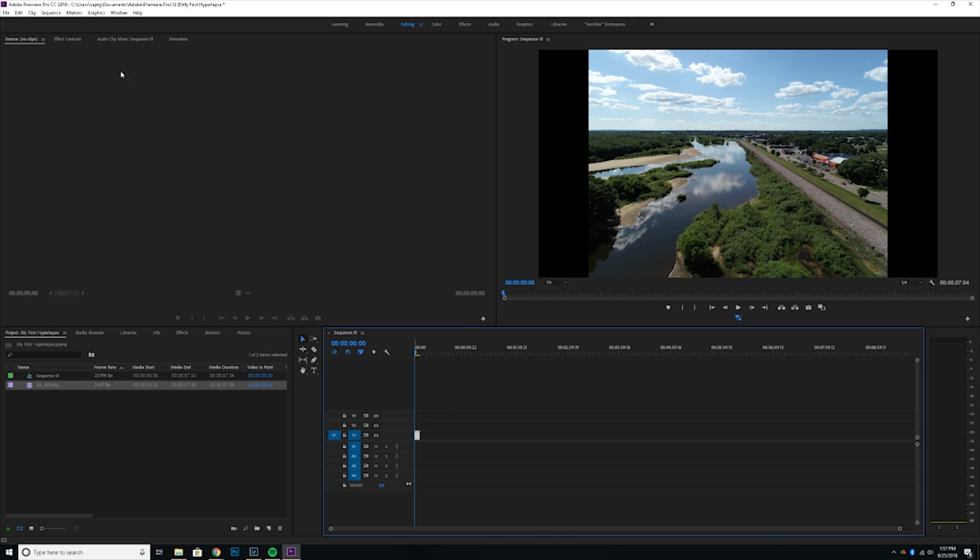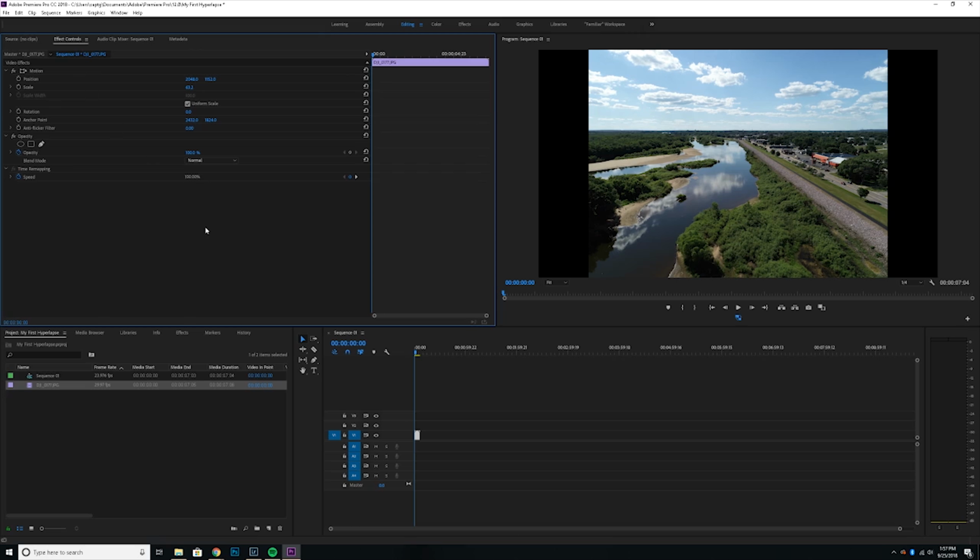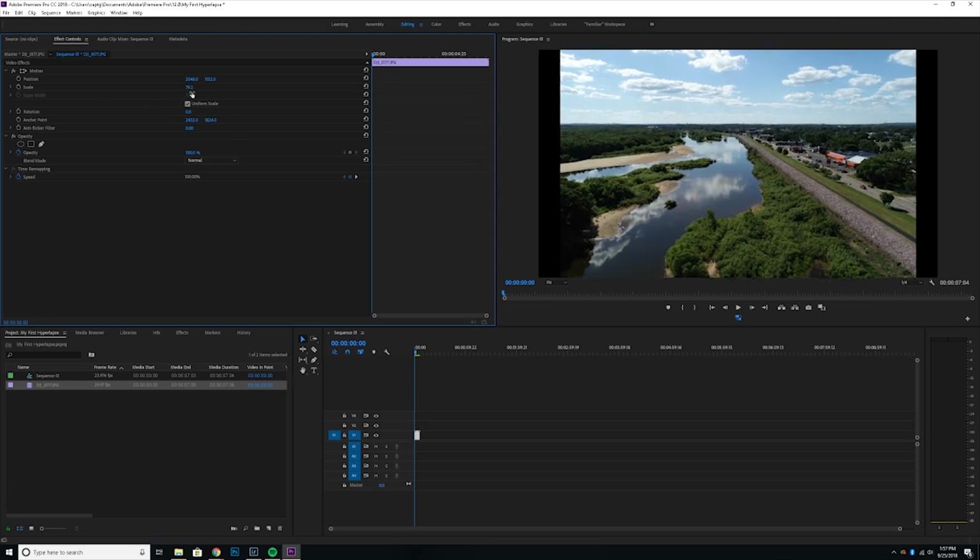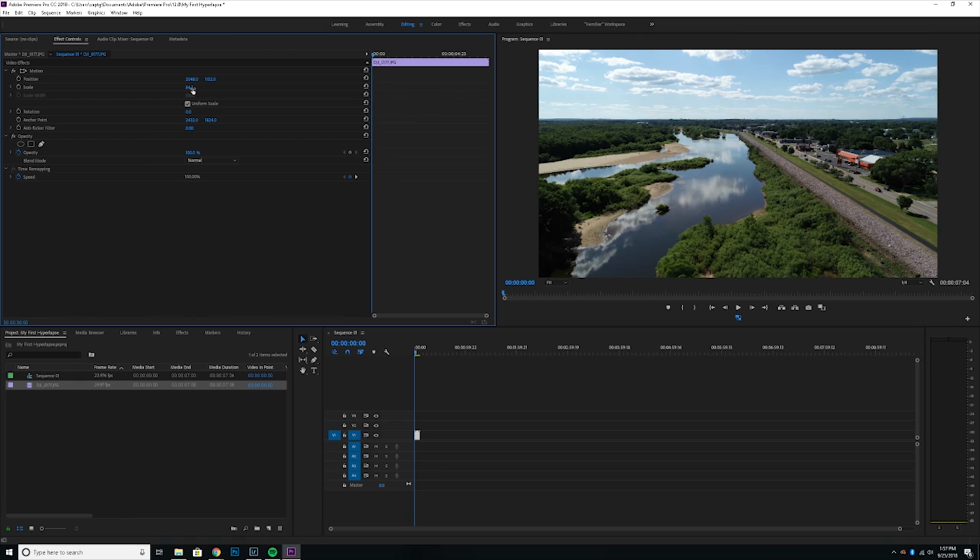And now we'll have to zoom in on our shot. Click on Effect Controls. We'll want to fix the positioning here so that there are no black bars. So first I'll want to change the scale. Much better. There we go. So now if we play back this video,